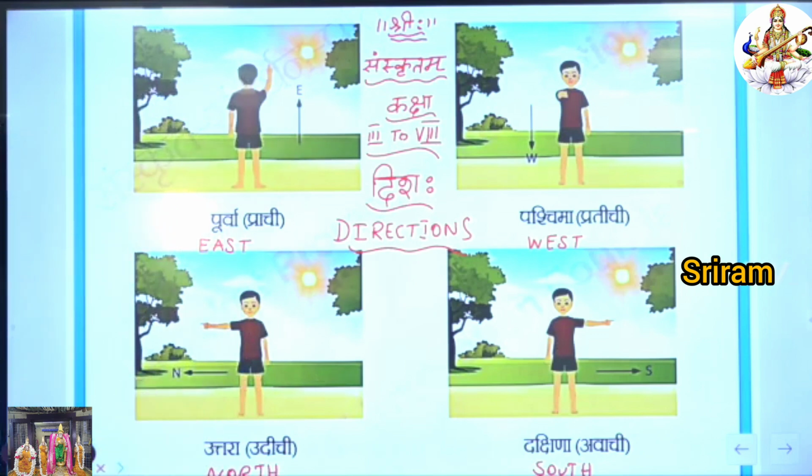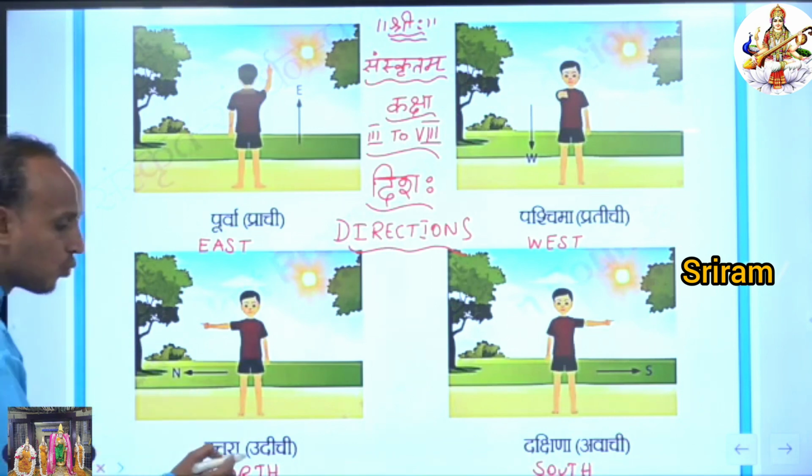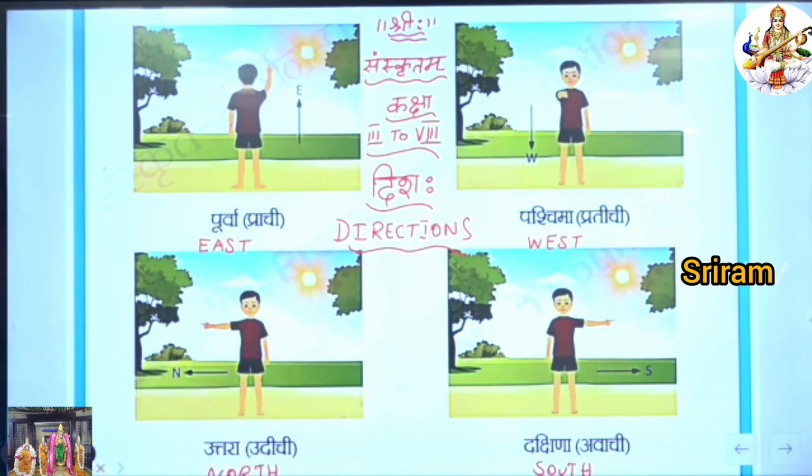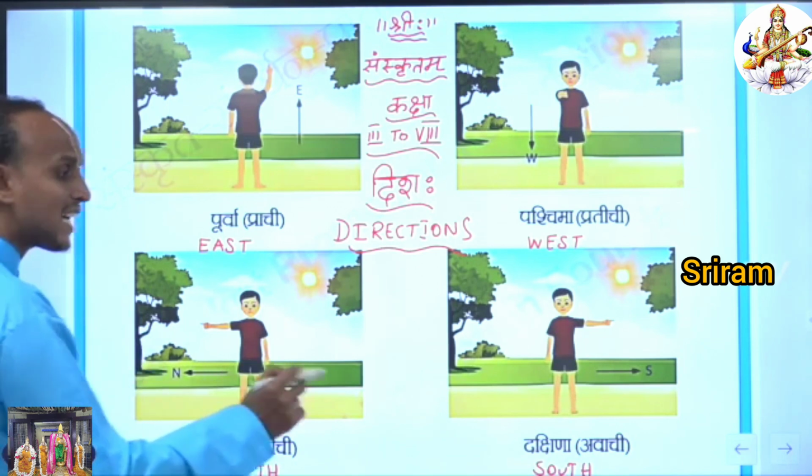Uttaradik. What is meant by Uttara? Uttara means north. Okay, children? Uttaradik, north direction. We have another name for this word Uttara, that is Udichidik. Udichi means north. Udichidik means north direction. Okay, children? At last we have